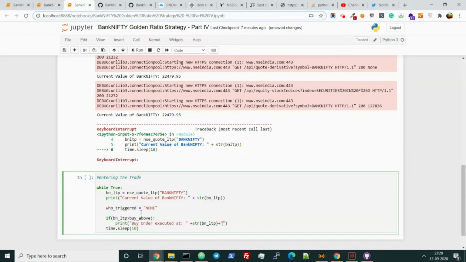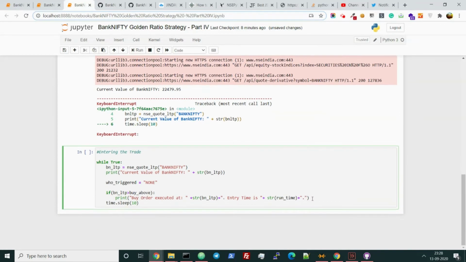I also wanted to show the entry time. Entry time is runtime. The runtime is a variable which is already there in NSE Python. And if that happens, we'll be setting this to buy.